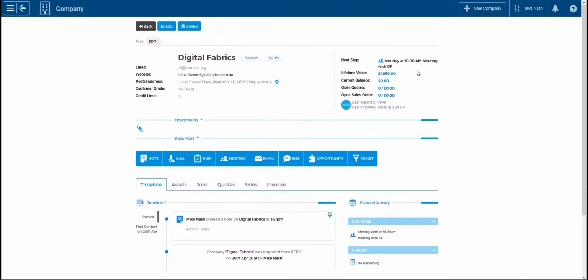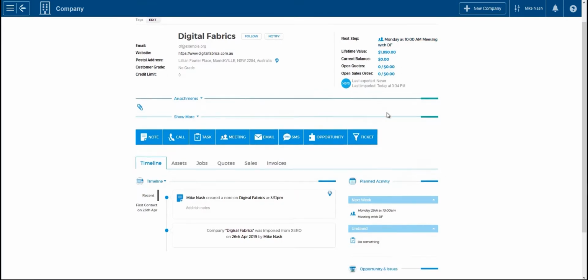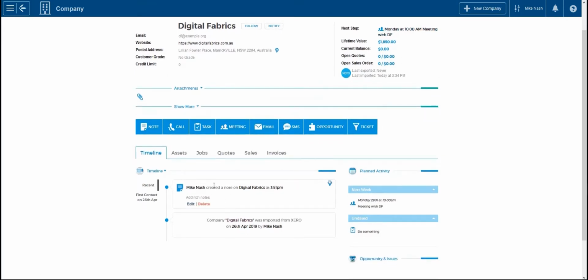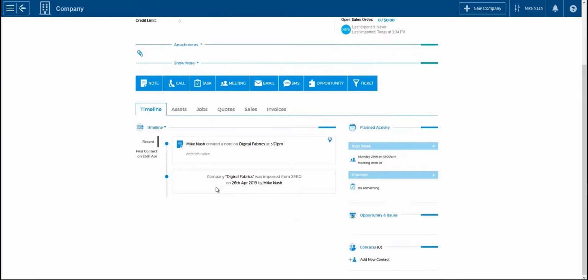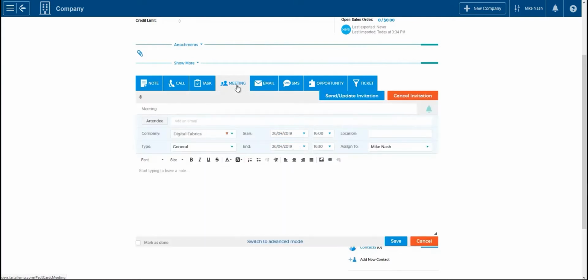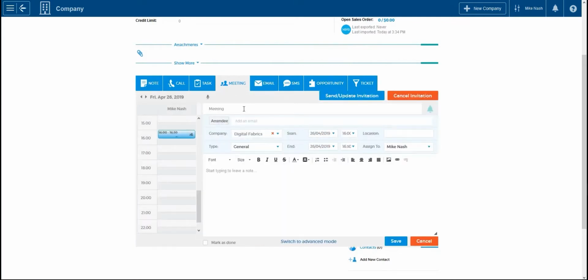And we can see now on this customer, the next activity that we have is a Monday morning meeting. For things that have occurred in the past, which we don't have much of in this demo database, that would appear here. So I could simulate this, for example, if I go and pop in another meeting, and I'll just say